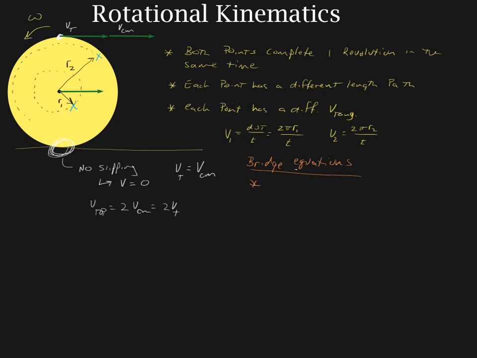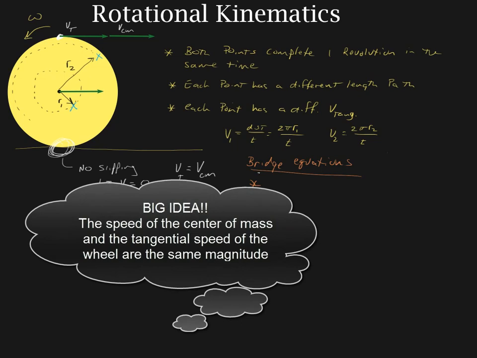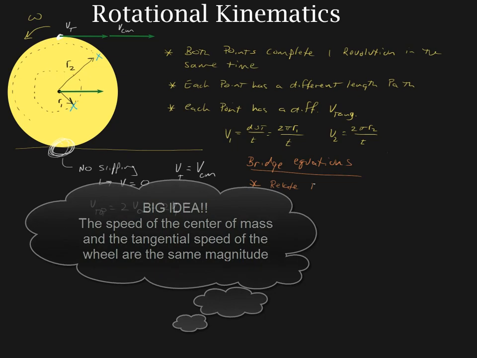They must be relatable because of the relationships that we see with this rotating object, this ball which is rolling across the ground. Okay, we know that the center of mass and the outside edge of the wheel must both have the same speed. So we're going to use the bridge equations, and they relate rotation